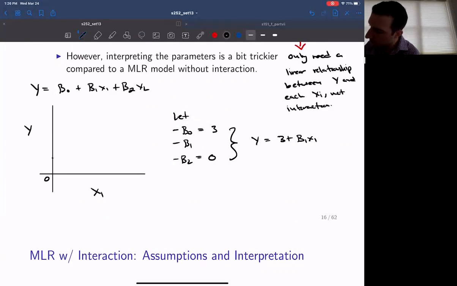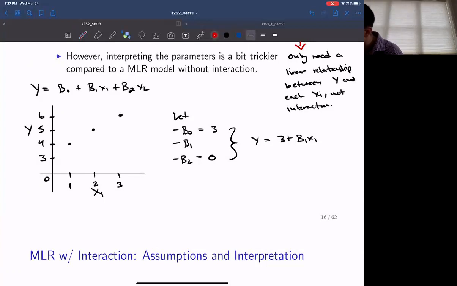So if we were to sketch this line, here we have 3. Say here we have 1, here we have 2, here we have 3. So if we plug x1 equals 1 into the model, we get 4. If we plug x1 equals 2 into the model, we get 5. And x1 equals 3, we get 6. Okay, so this line here